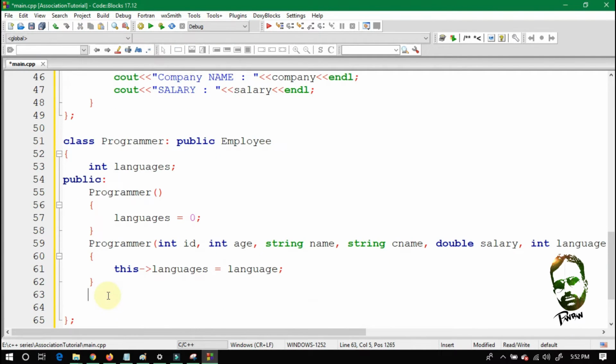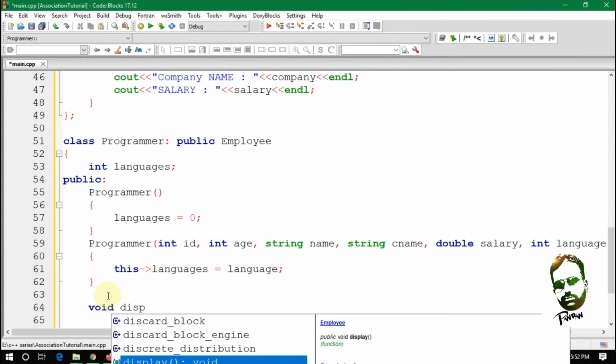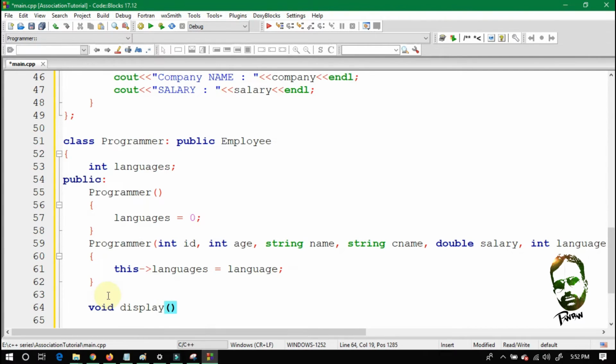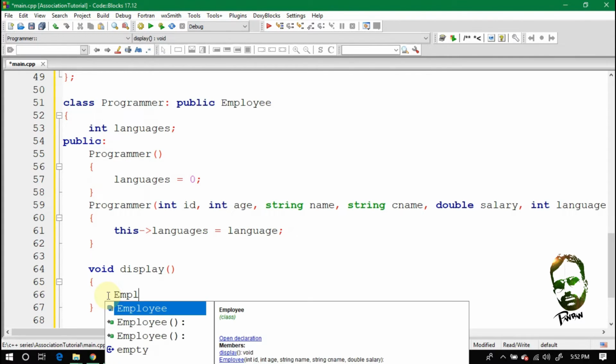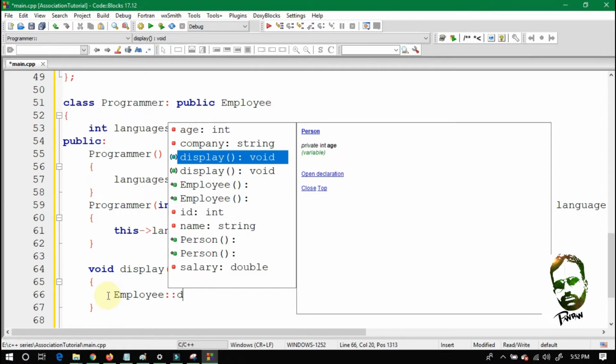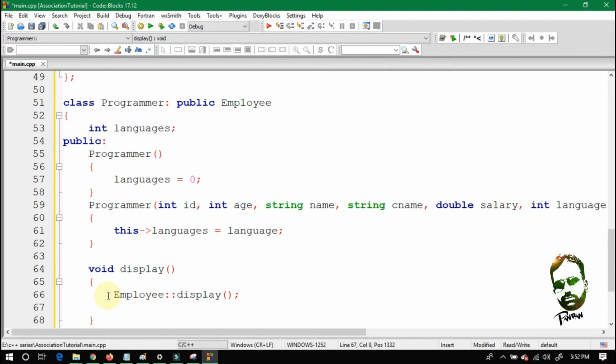So I will write here void display, the display method of this programmer class. So it will first call the display method of its parent class, which is basically the employee class. So whenever we call the programmer's display method, it will call the employee display method.